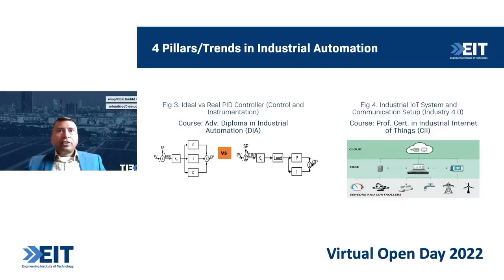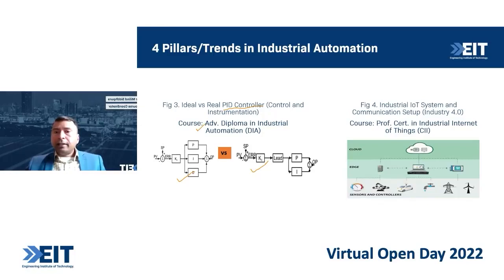And these 2 pictures here are actually showing you other 2 trends, which is about PID controllers. Even though they are a very traditional type of controller, PID controllers are still being employed in industrial automation setups. You could learn about PID controllers, like closed loop systems. How can you manage to automate the process, to manage certain process variables? That's done by PID controllers, and that's actually being taught in the advanced diploma in industrial automation as well.